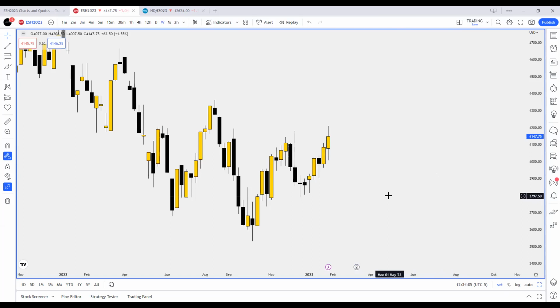For something to happen. Buy side was taken out on the ES, the E-minis. So they're waiting for the last burst of buying pressure to go up,